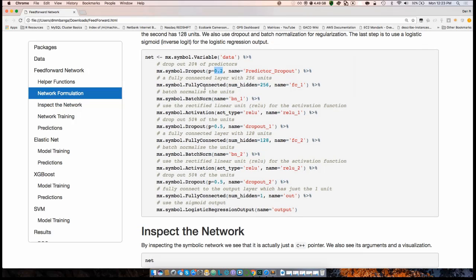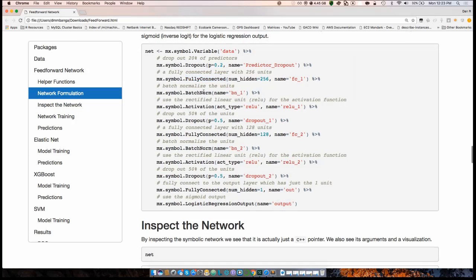Okay. We then feed that into a fully connected network. And this is the 256 nodes in our first hidden layer that is created by multiplying the remaining input variables by a weight matrix W plus a vector of biases. Okay. We take that, then we batch normalize. And batch normalization essentially makes each of these hidden units have 0 mean and standard deviation of 1.